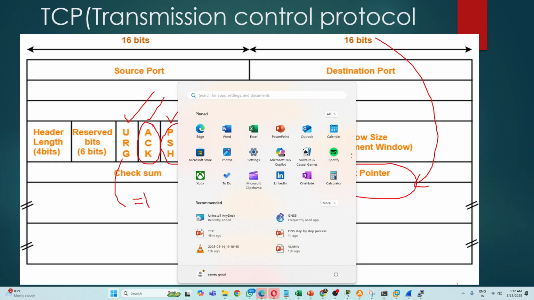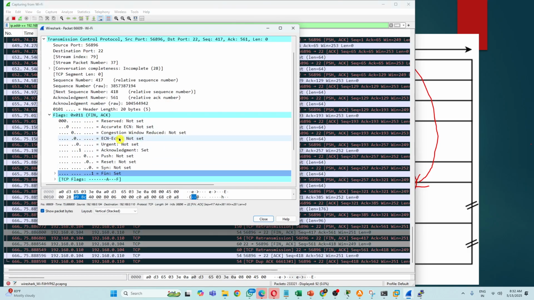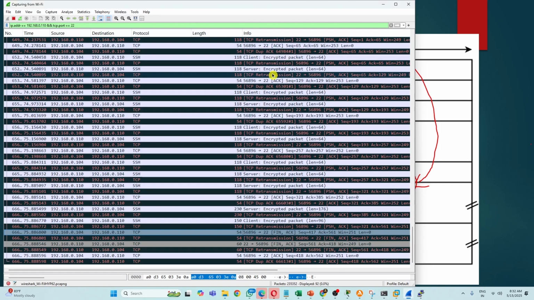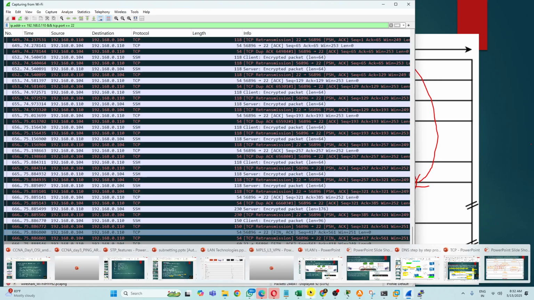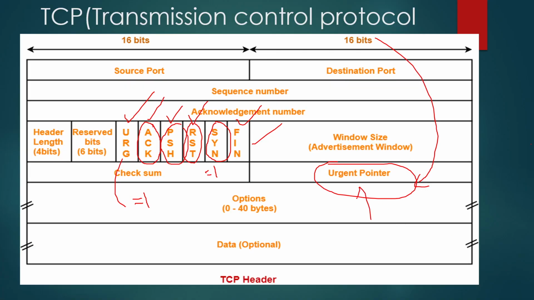Let's see if it will work in SSH or not. We set a FIN flag, right? Yeah, for telnet it will do that. So the general purpose is the application, whatever application you are seeing here, Google Chrome or whatever it is. If it is urgent data, whatever data is stored in the urgent pointer should go to the application. When the urgent bit is set to 1, whatever the urgent pointer stores will be sent to the application immediately.